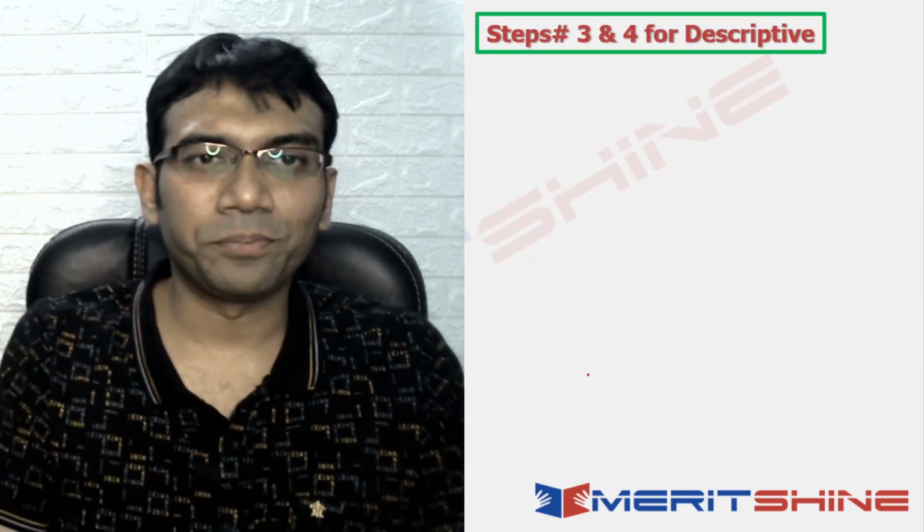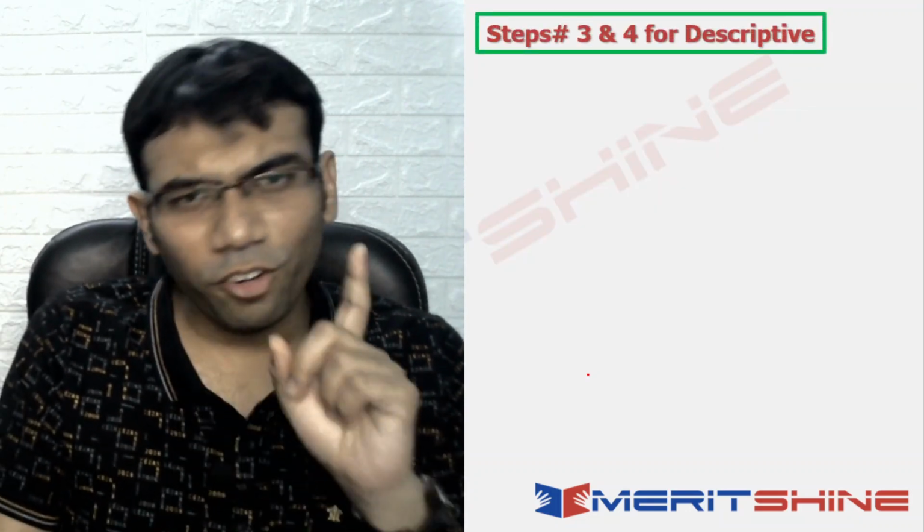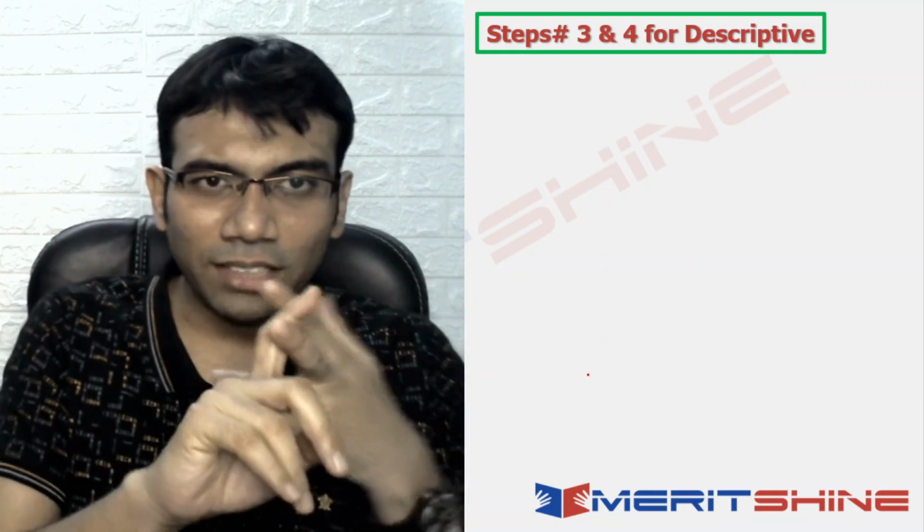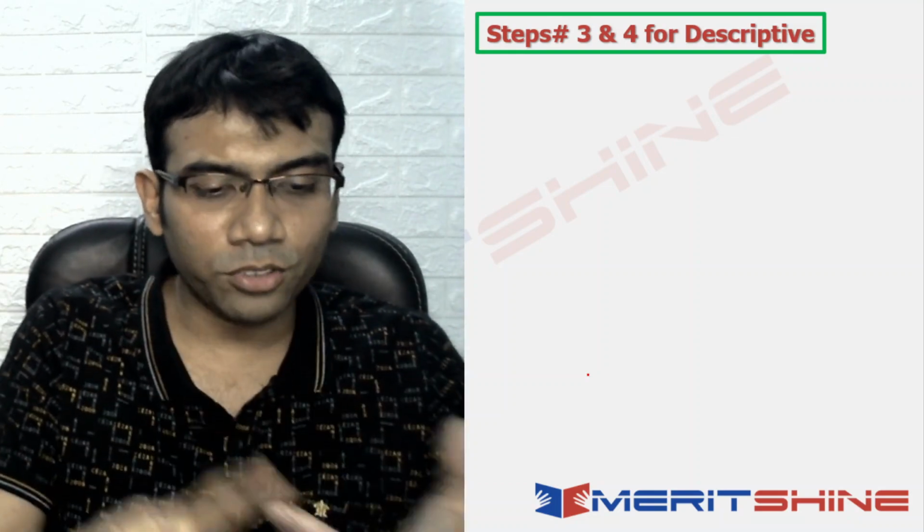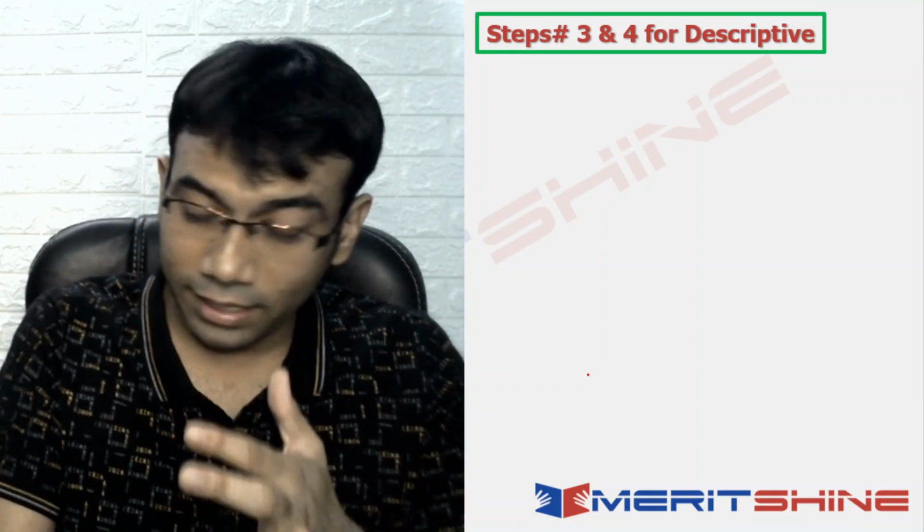Take next. Step 3 and 4 for descriptive. So we are done with RCRPG, we are done with FIB plus vocabulary now and grammar. Now